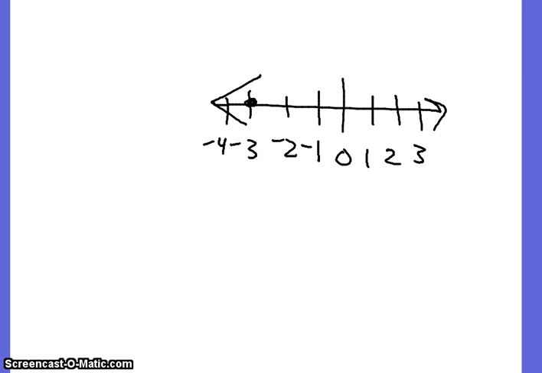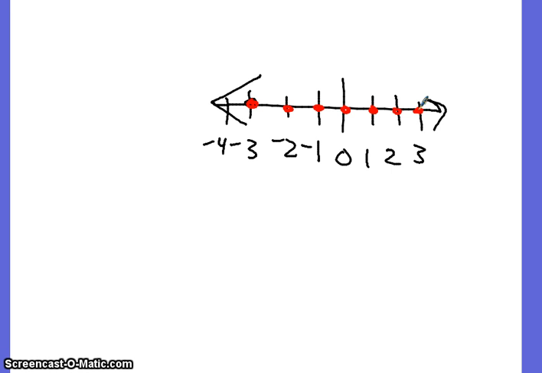I'll change the color so you can see it better. I'll put a dot on every number on the number line I drew that's bigger than -4. But I am not going to draw a line on every integer greater than -4, so it's that. But I'm not going to draw a line. Why would I not draw a line? Why only dots? There's a reason. What do you think? Give me a guess. It's okay if you're wrong.